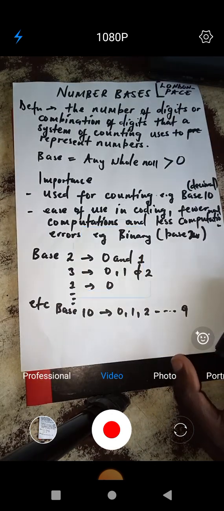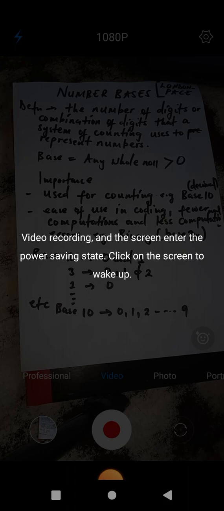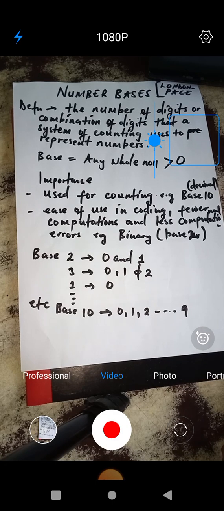The importance of number bases used for counting, e.g. we have a decimal, which is base 10. We use numbers in base 10 for counting. For example, numbers in base 10 are 0, 1, 2, 3, up to 9. Those numbers are used for counting, right? We move on